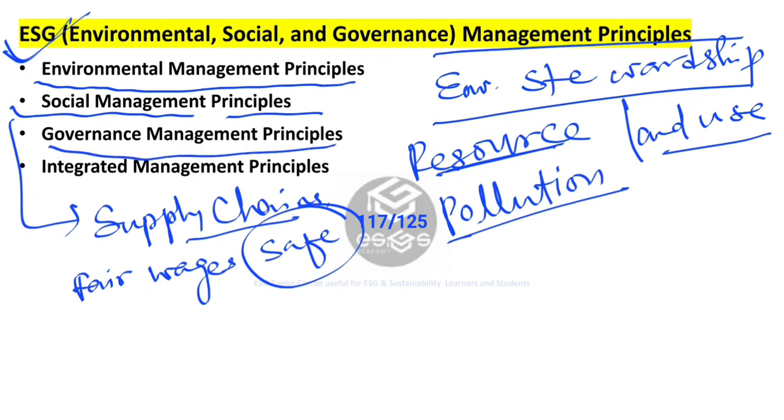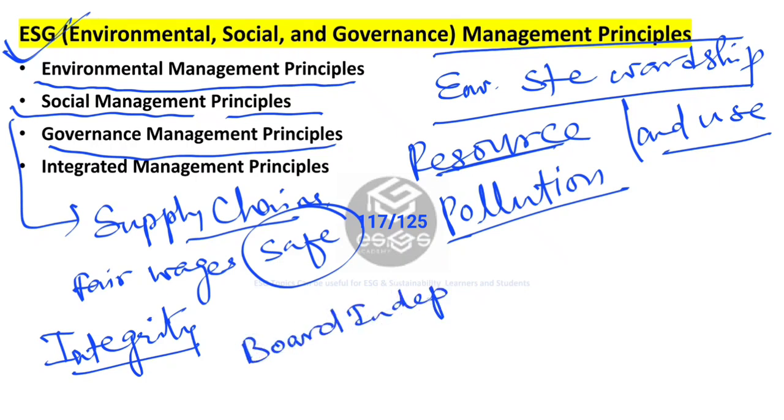The next comes governance management related principles. Governance management, we first talk about ethical business conduct. We need to maintain high standards of ethical behavior and also integrity in all the business dealings actually. Then transparency and disclosure. We provide transparent and accurate reporting on ESG performance and impacts. Next principle can be related to board. So board independence. In this, what we see, ensure independence and diversity in board composition to enhance governance oversight.